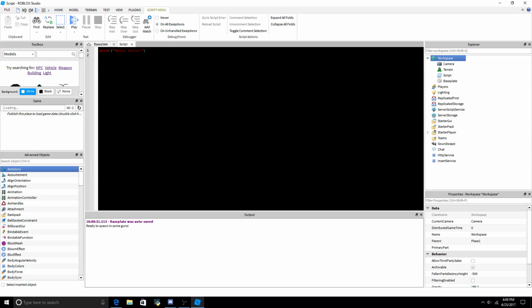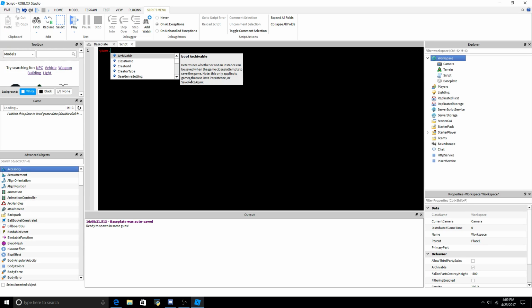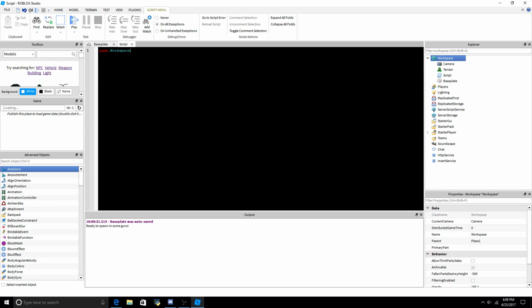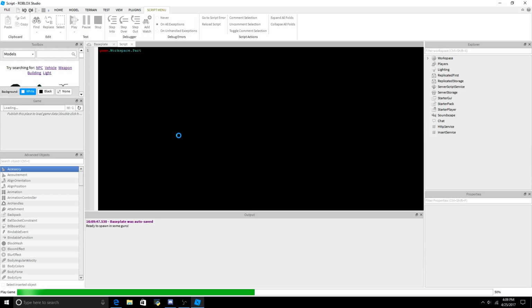Another thing I'm going to teach you is, let's just say I make an error: script.workspace.part. But there is no part in the workspace. So it's an error. If I run it, it will fail. However, if I click script menu here and then click all on all exceptions, debug errors, then